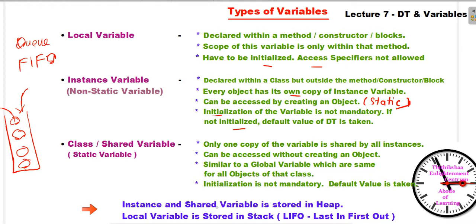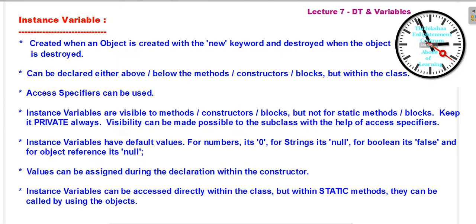So these are all about the local variable as well as the instance variable. We will see the program so that you will understand clearly. And some main points I have given for the instance variable, whichever I have told earlier. After seeing the program, we will see them one by one.